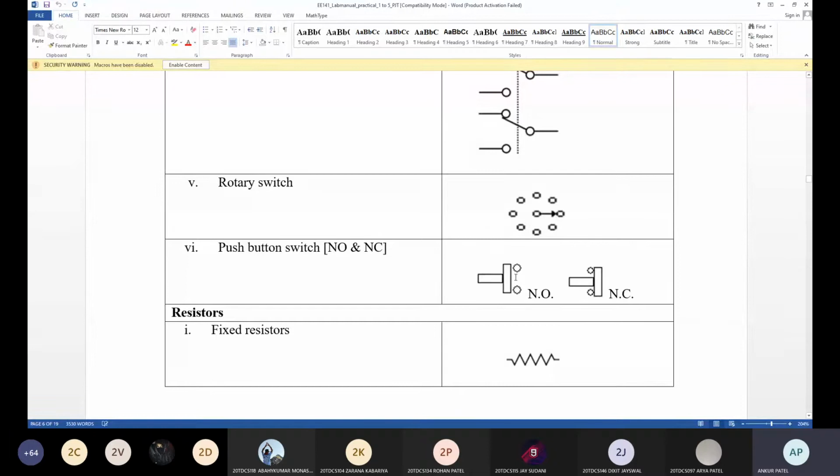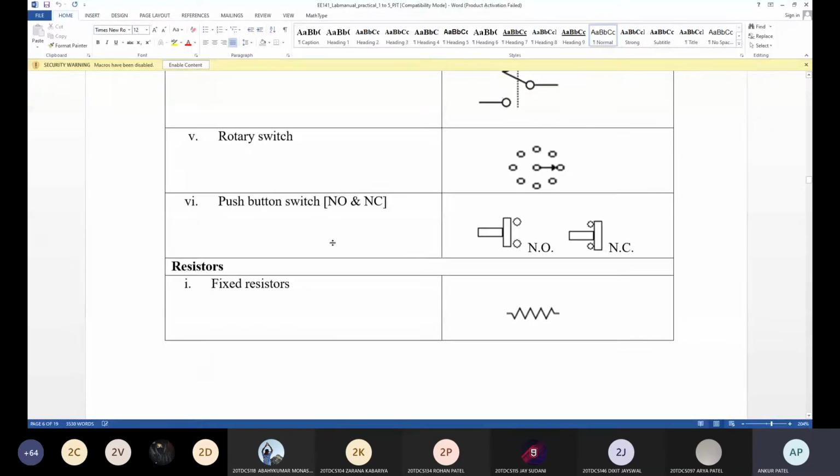In normally open, it is not making contact with this. And here in NC, it makes the contact. A push button switch is nothing but when you press the switch it makes the contact, and when you release it then it comes back to the original position. So there is a spring return system in the switch. Where can you use this push button switch? Home bells, alarm switch. Yes, in a home bell alarm system. When you press, it will ring, and when you release, it comes back to its original position.